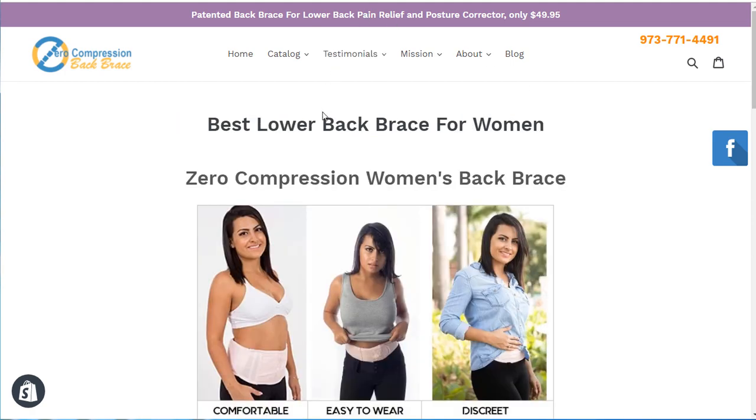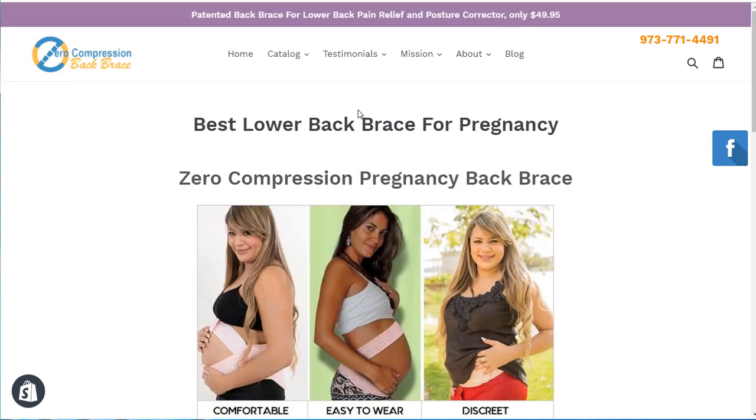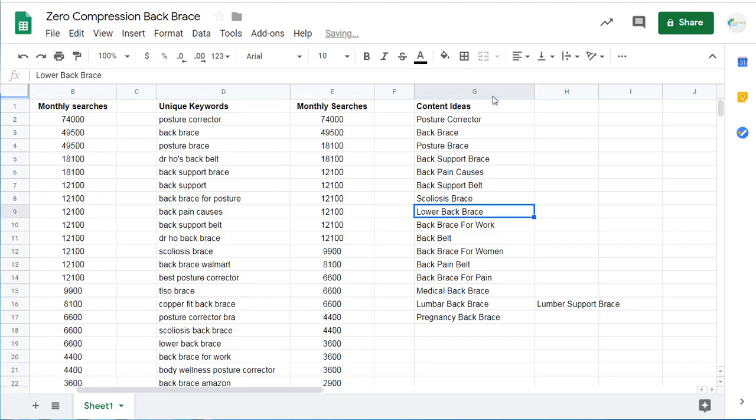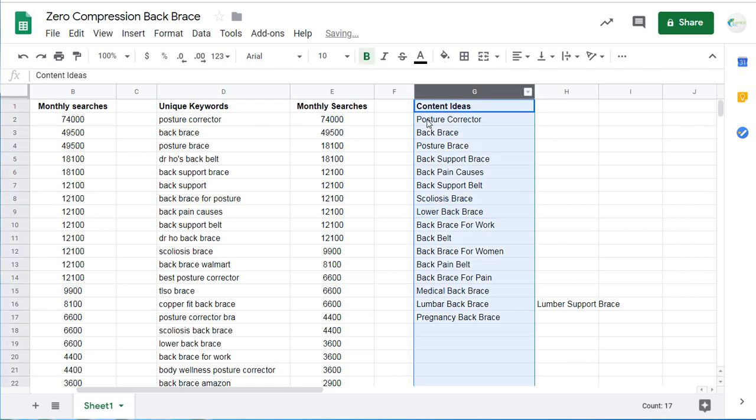Now I have the same thing, best lower back brace for women, and we have best lower back brace for pregnancy. These articles are all set up for people that are specifically dealing with back pain, whether it's a man, a woman, or a pregnant woman who want to get a back brace to relieve some of those lower back pain. So creating content around your top keywords, and this is really where coming up with this list of content ideas is really going to be helpful, because what I need to do is make sure I'm creating content around